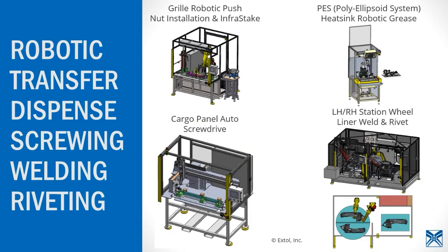As you can see, kind of in the concept. The concept on the way bottom right-hand corner was generated by Manufacturing Solutions Center, and that's what you would get during the quoting phase if it's a pretty in-depth concept to help you understand what we're quoting. But you can see the 2 robots. The one robot in the middle, the bigger one, goes from station to station and welds the NVH pad onto the wheel liner. And then you have the smaller robot actually installing rivets, plastic rivets, to attach a component onto